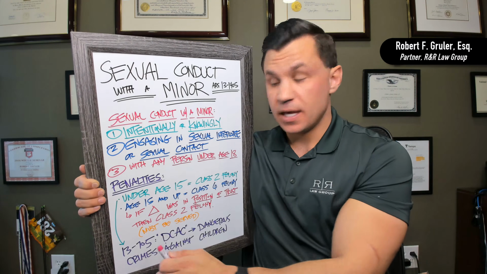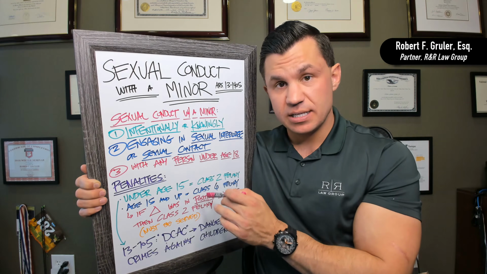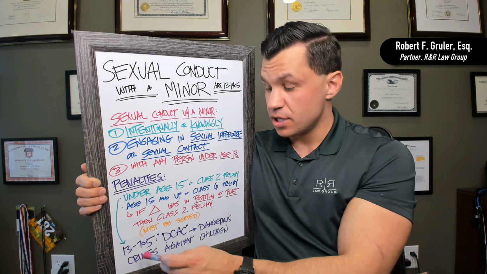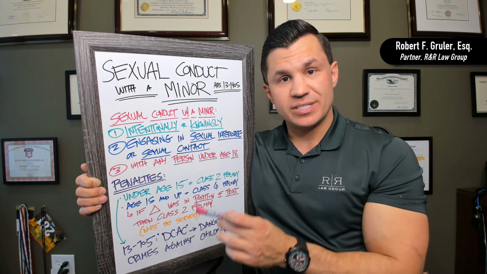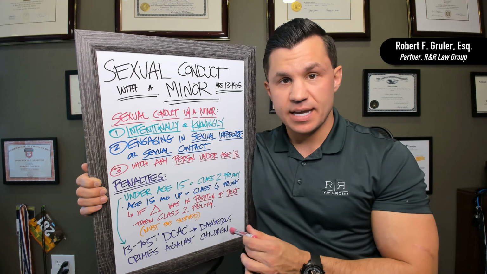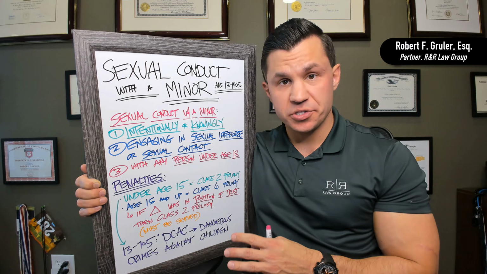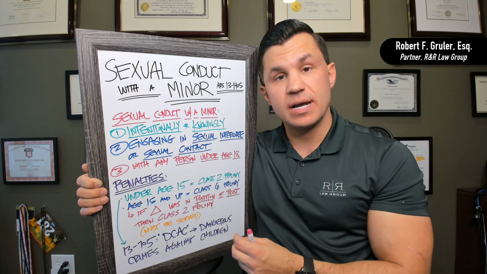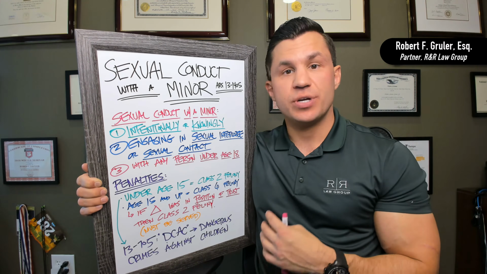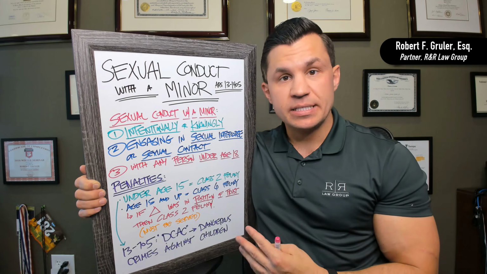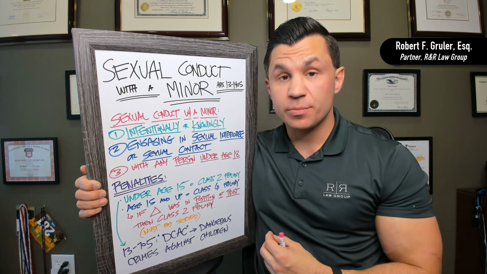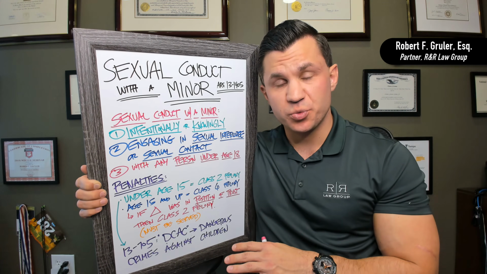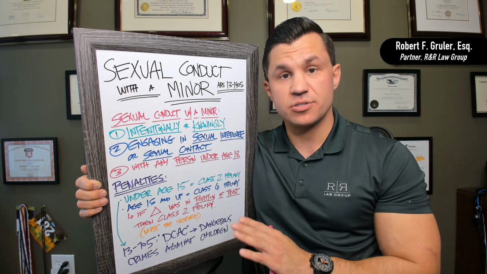You can see here I drew an arrow. If the person is under the age of 15, and there's sexual conduct with a minor involved, it can be charged and likely will be charged under 13-705. It's called DCAC, which stands for Dangerous Crimes Against Children. These are very harsh sentencing provisions that are applied when there's a crime against somebody who's under a certain age. When crimes are penalized according to DCAC, you can expect very severe plea deals, very harsh terms, very long prison sentences. So in other words, if you or somebody that you know or love has been charged with sexual conduct with a minor, it's extremely important that this gets addressed appropriately.